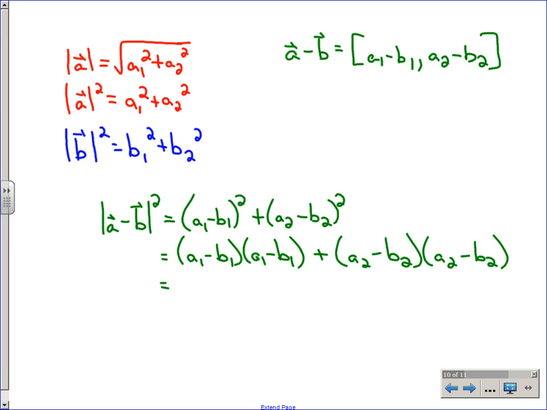Okay, so in this first one, we'll do A1 times A1, which is A1 squared. Then we'll go A1 times minus B1, which would be a minus A1 B1. But then you're going to do it again, right? The next one has the same thing. So we get a minus 2 A1 B1 in the middle. And then minus B1 times minus B1 is a plus B1 squared. Same thing for the second set of brackets. A2 squared